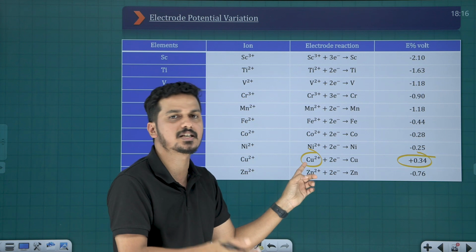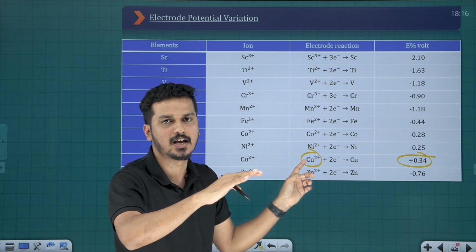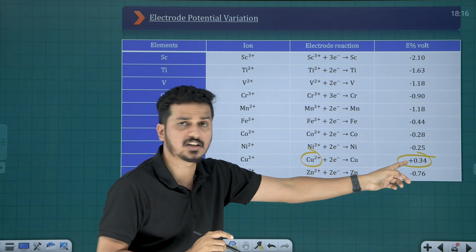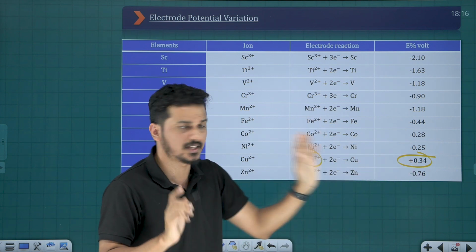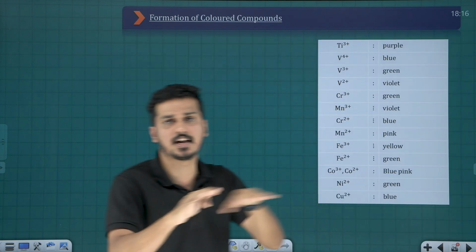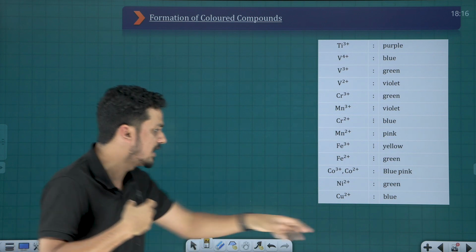Copper, because its hydration enthalpy is not balanced by what? Ionization enthalpy. That idea you have to keep in mind. That's why it's +0.34. That's easily converted to copper. Okay, that much idea, those relations and all. That idea you have to keep in mind, because once questions like this come,